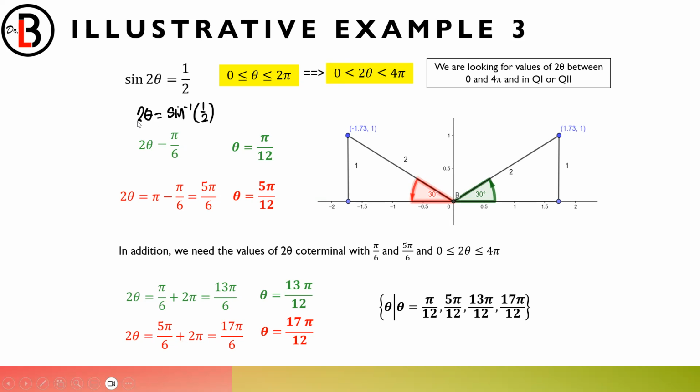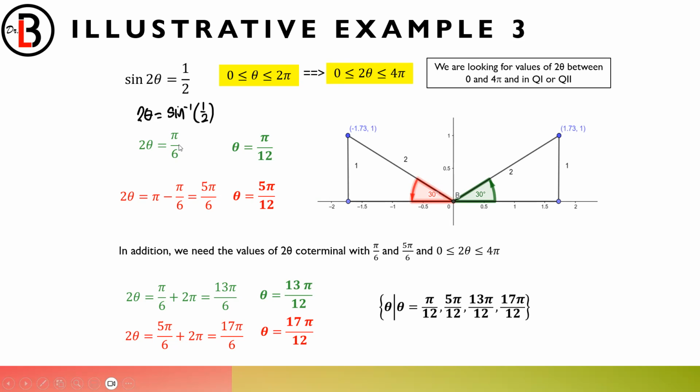So that's 2 theta is 30 degrees, or simply theta is pi over 12, or 15 degrees, right? Now, it gave me from 0 to 2 pi for theta, or 0 to 4 pi for 2 theta. So 60 degrees,